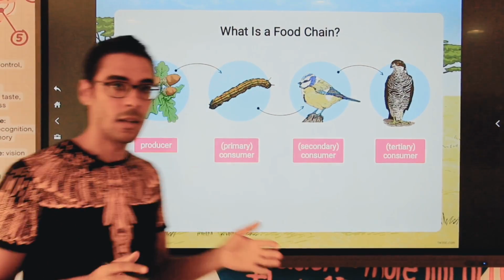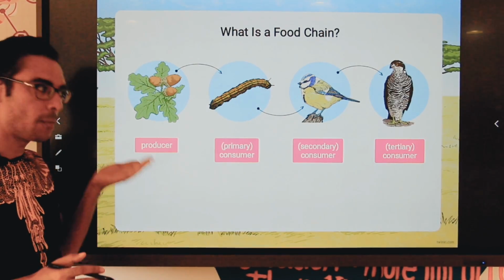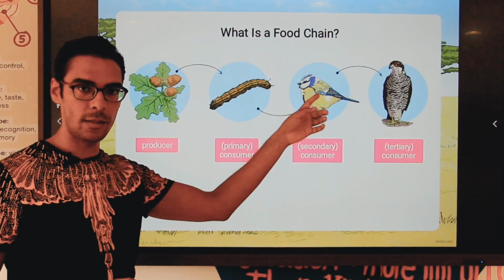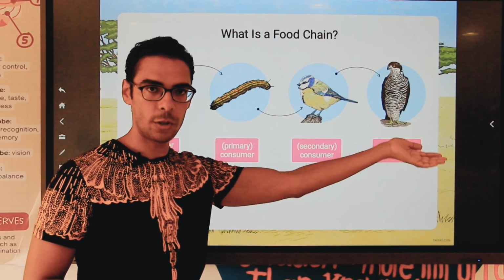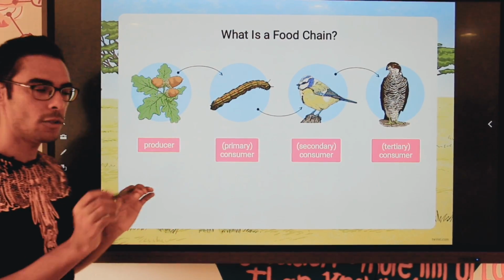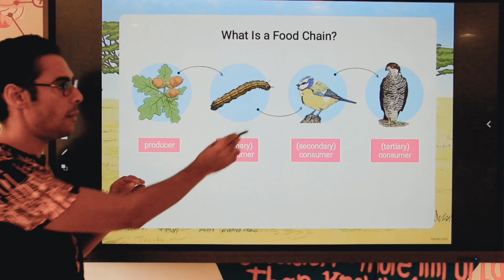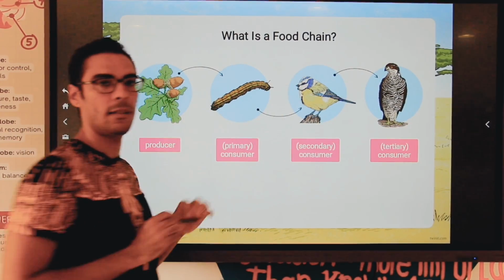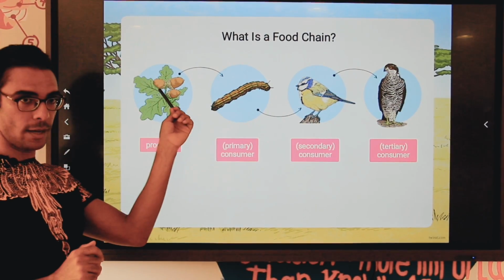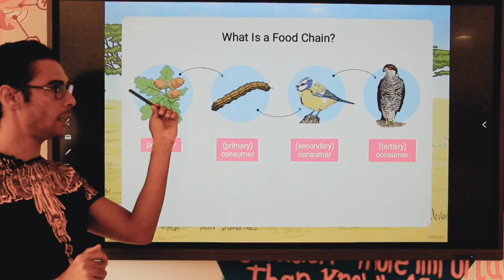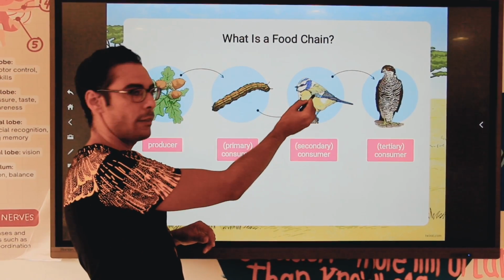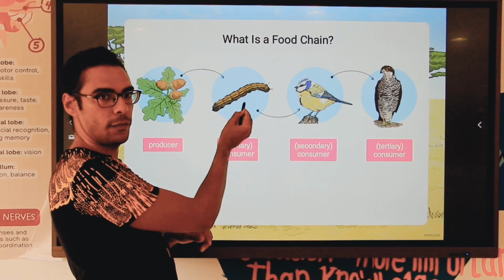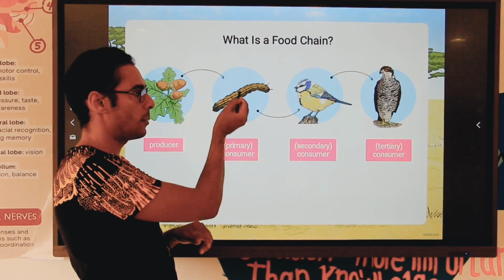But any food chain is connected by main labels: producer and consumers. They are divided into primary, secondary, and tertiary consumers, and every food chain is represented by the flow of the energy, which is represented by the arrows. That shows you that the energy moves from this living organism to this living organism. Or it shows you this living organism feeds on this living organism, then the energy moves from this one to the following one.